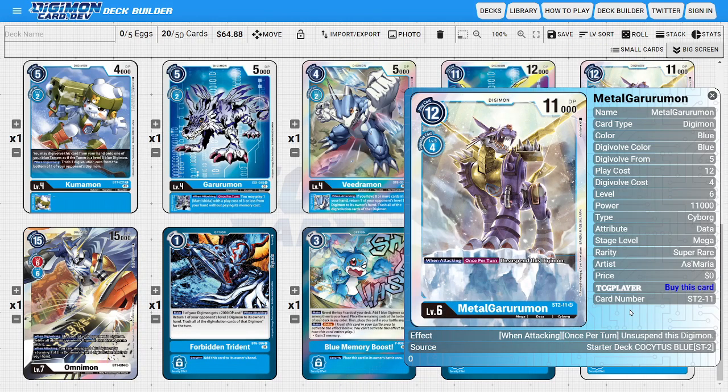Then if you do like that multi-attack potential and you just want an easy way to multi-attack because we're already running lots of DP boosts, we could actually try to take advantage of the starter deck MetalGarurumon just because he is a solid card to just multi-attack with in general, and we have easy ways to reduce his evolution cost or make evolving into him relatively easy just because of how the deck wants to flow and function thanks to